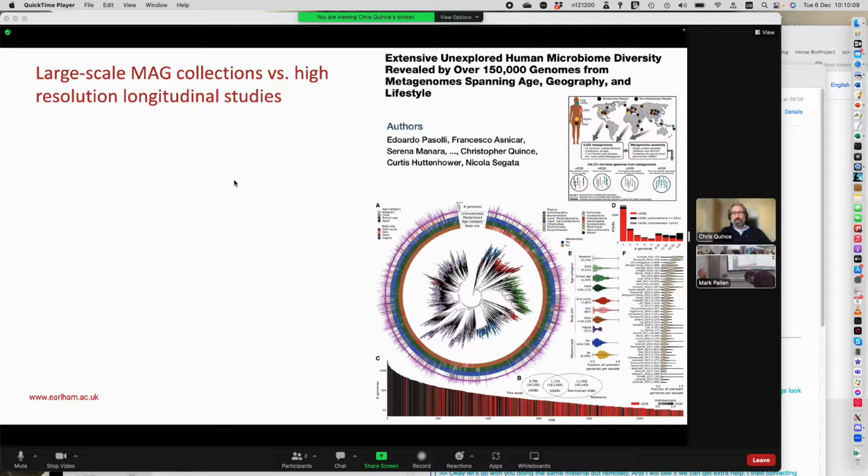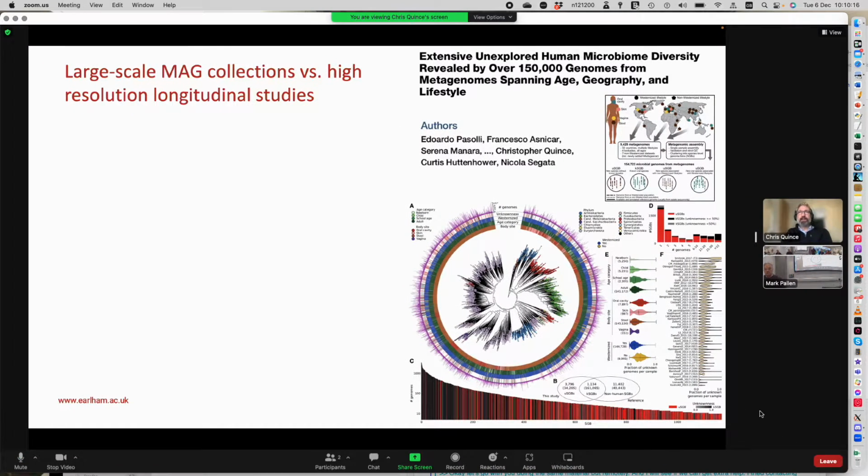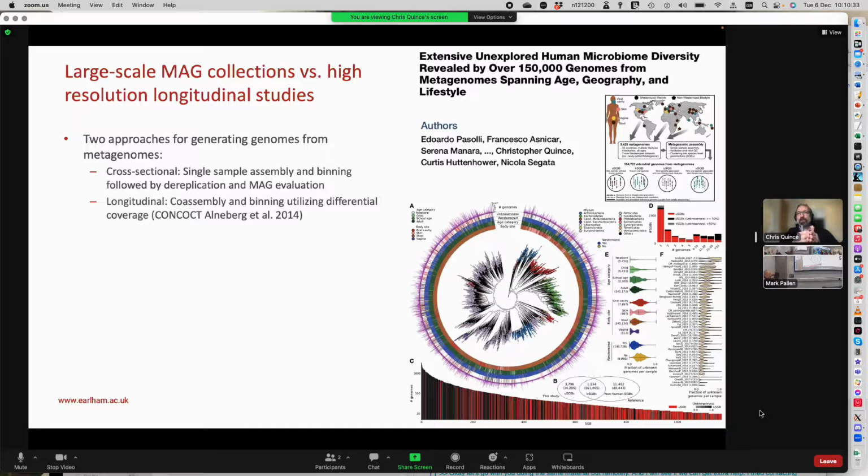Okay, so if you remember in yesterday's talk, I basically said that these days there's two slightly alternative philosophies for how to do MAG reconstruction. One is where you do these very large-scale analyses. Typically, you're doing assembly on a single sample and then binning off that individual sample, but you'll use many such